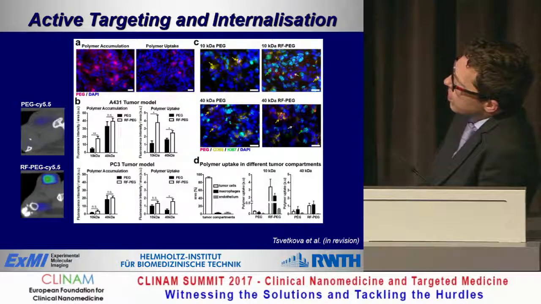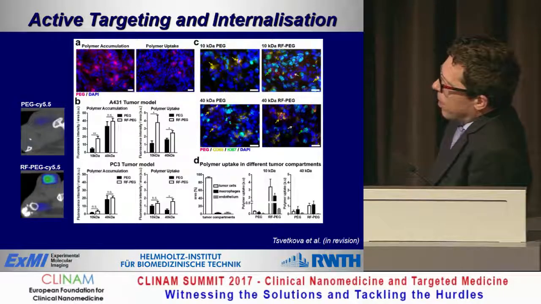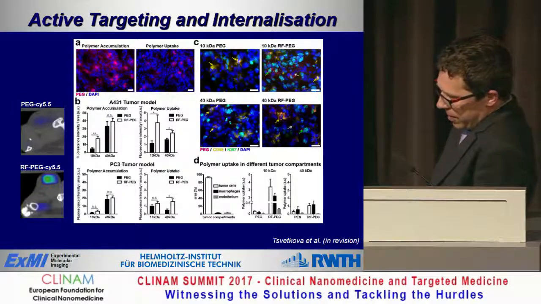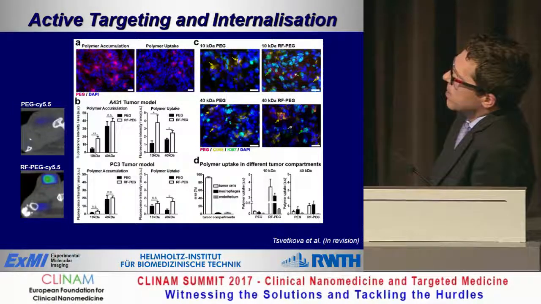We could also show that already this small size change from about 5 to 50 nanometers also changed the preference of the particles to certain cell types. While the small ones were mostly taken up by tumor cells, followed by macrophages, followed by endothelial cells, the larger ones were mostly taken up by macrophages because they lay longer in the interstitial space, and then by tumor cells, and almost nothing ended up in endothelial cells.